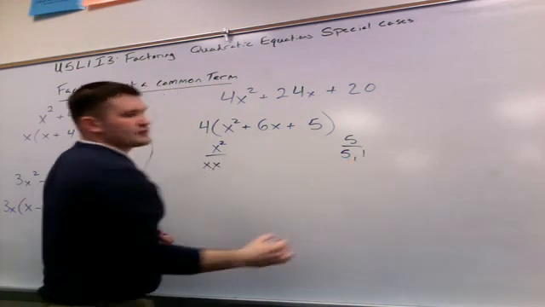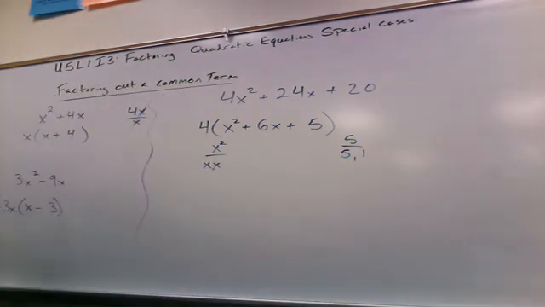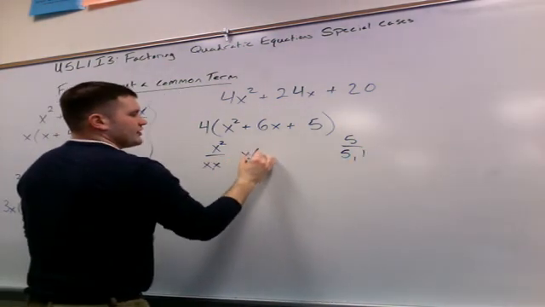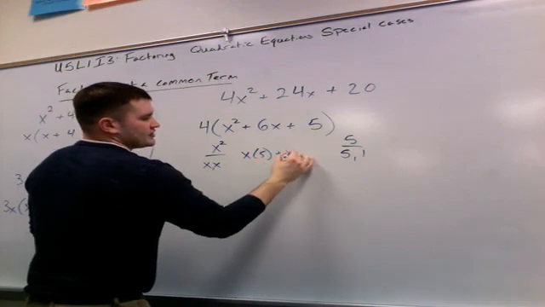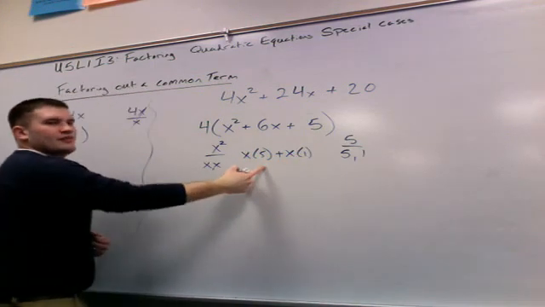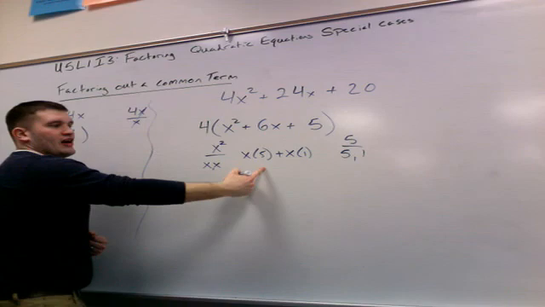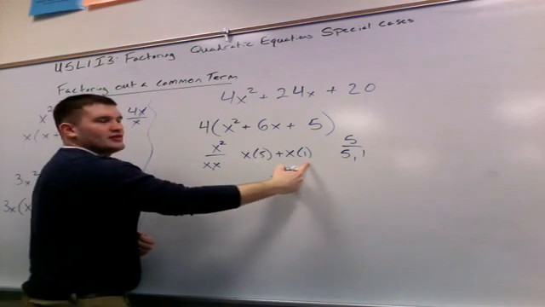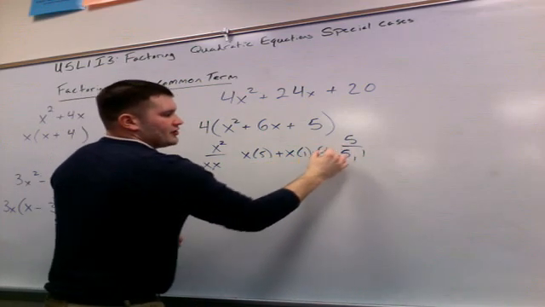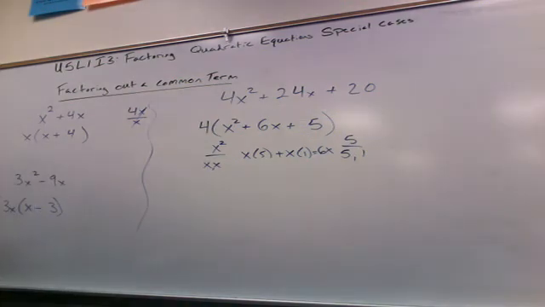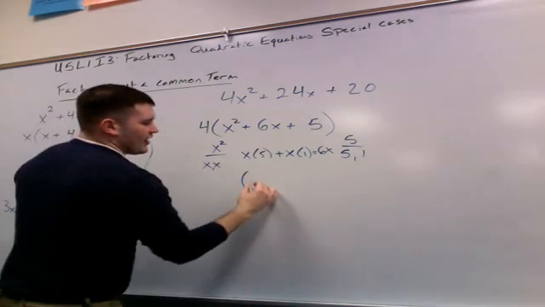5 and 1, 5 is prime, so there's only one factor, right? This one's going to be real simple. So x times 5 plus x times 1. X times 5 is 5x, plus x times 1 is x, add them together, we get 6x, don't we? So that means my factors,